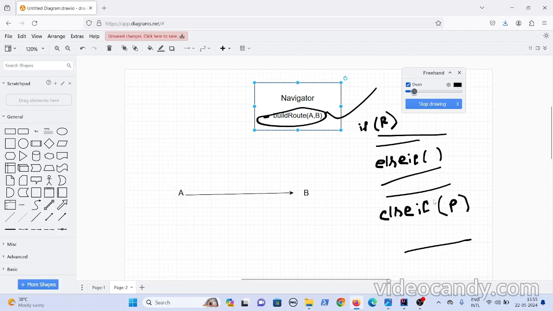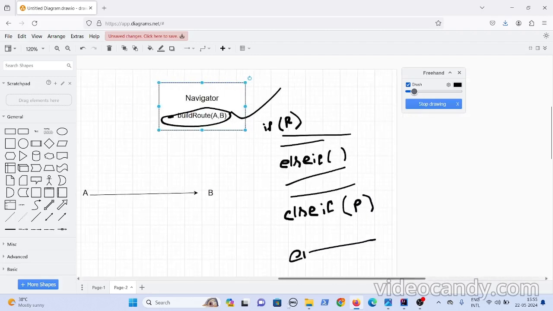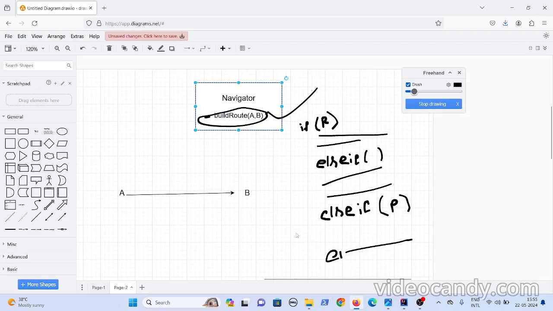Your method has become so complicated. If someone wants to add another mode of transportation, you have to add another else if and put in another block of code here.